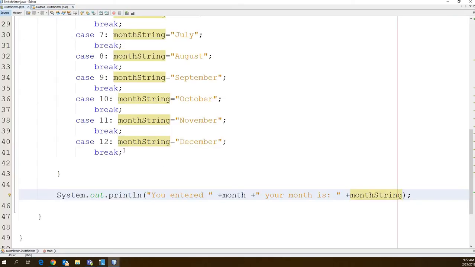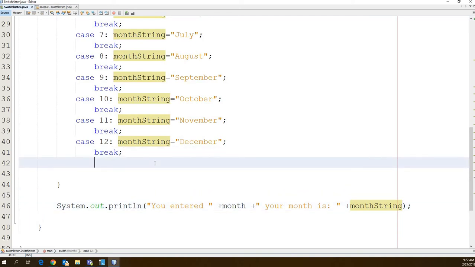So, switch statements give us a workaround for the user being a moron. Because, quite frankly, that's what it is, right? Aren't we catching user errors at this point? Because they should know. So instead of a case, we're going to go with default. So we're going to say the default case. If you get to this point and no case has been true to this section, then this is what you're going to do. Okay, so in the case of default, we're going to go month string equals,